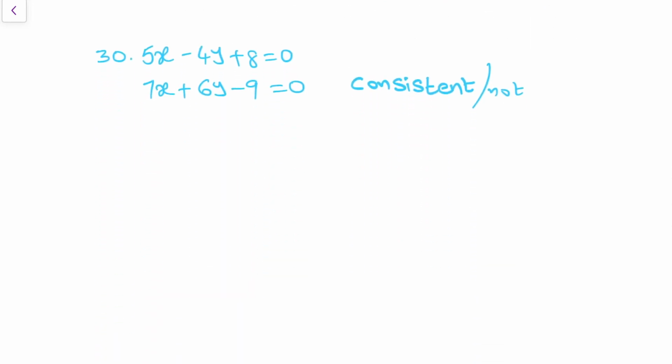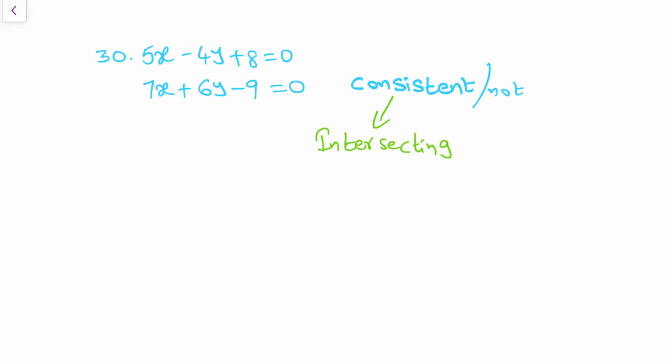In this question, a pair of linear equations in two variables is given and they are asking whether those two are consistent or not consistent. First of all, what is the meaning of consistent? If the equations have at least one solution, then that is called consistent, otherwise inconsistent. So at least one solution, which lines have at least one solution? That is intersecting lines,